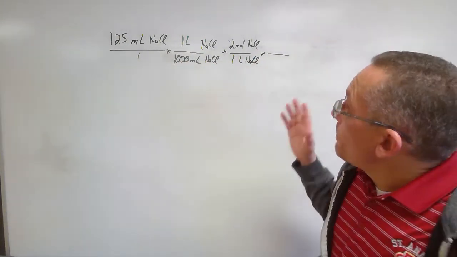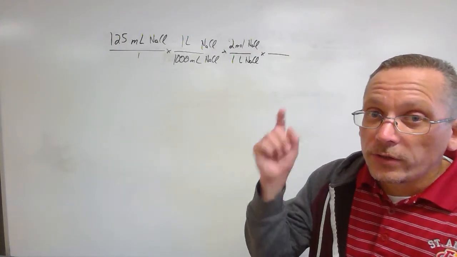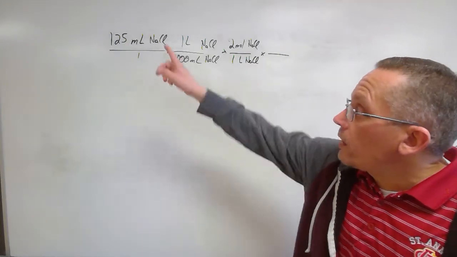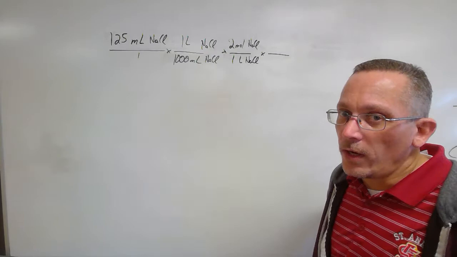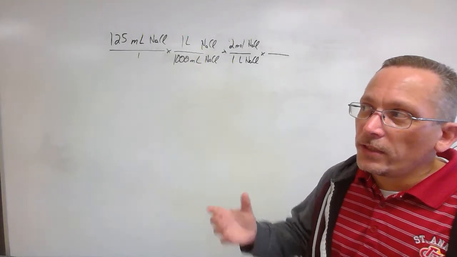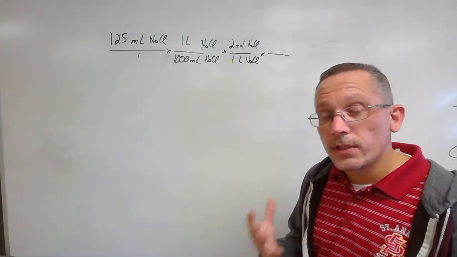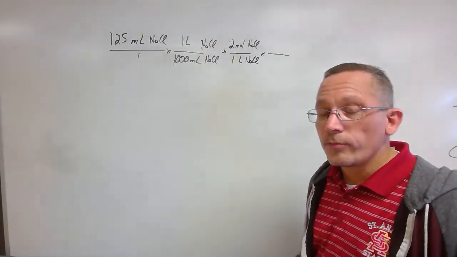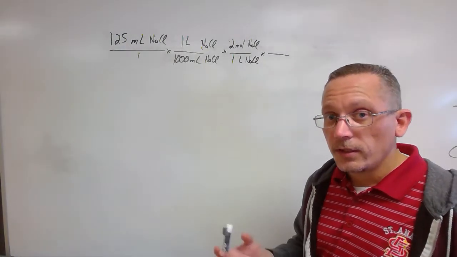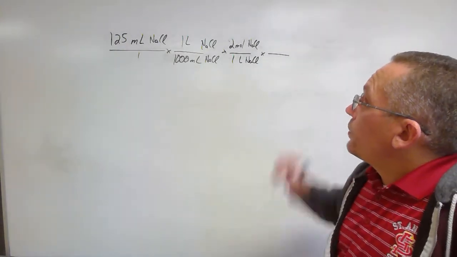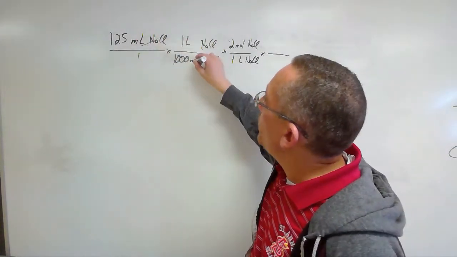Now it said that we're going to add 100 milliliters. So we started with 125 and we're going to add 100 milliliters of water. How many milliliters is the solution going to be at the end? We add those two numbers together, right? So 125 plus another 100 gives you 225 milliliters of the solution. Now here's the tricky part. They asked me to find the concentration. As these cancel,